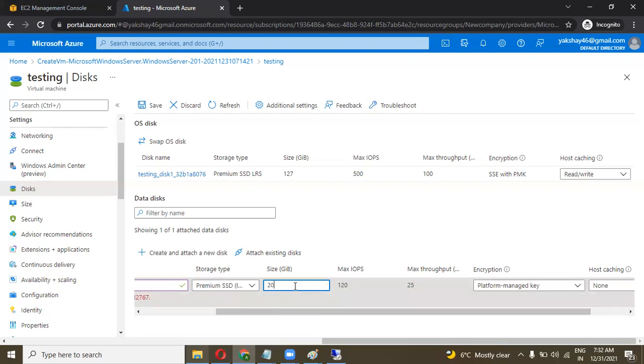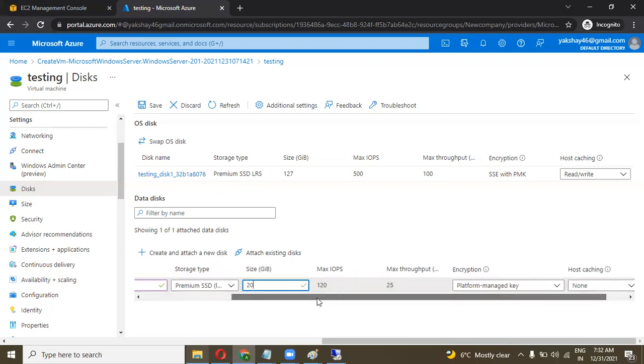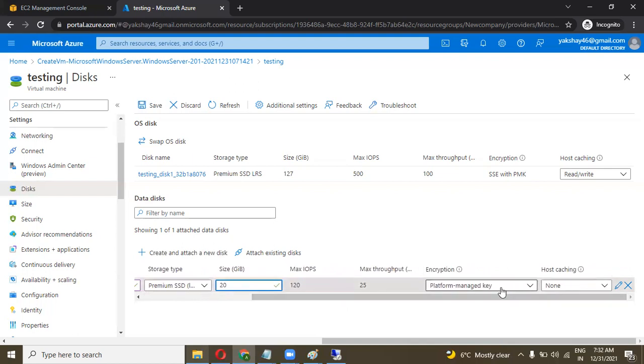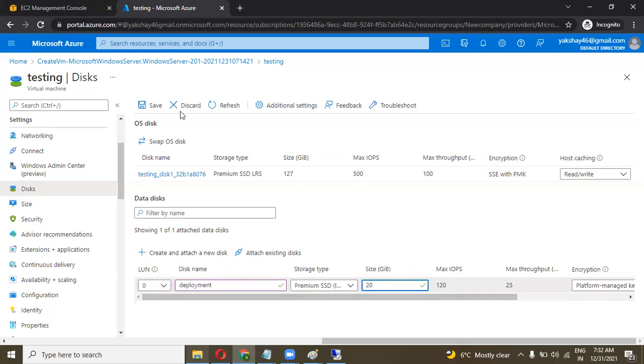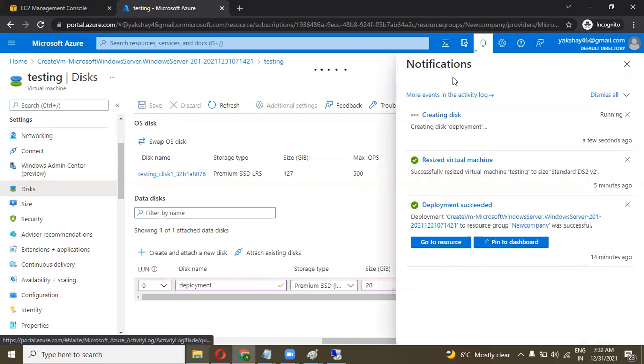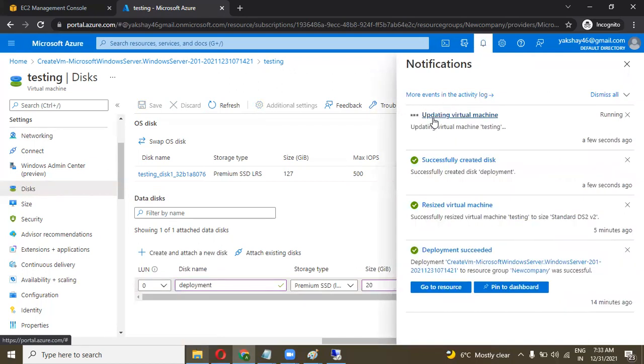So I select 20 here. Performance managed key, no issue. Okay, so let's create the disk, save. In the notification tab, you can see the status of your resources.